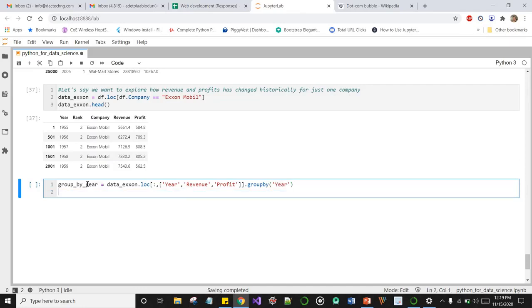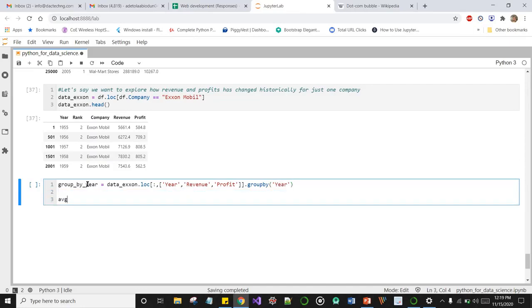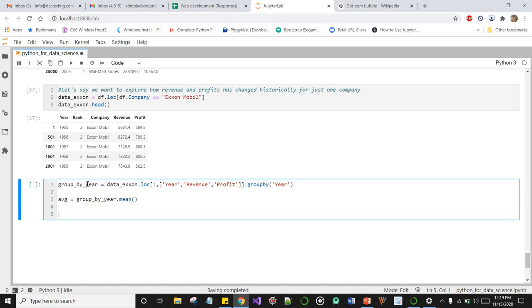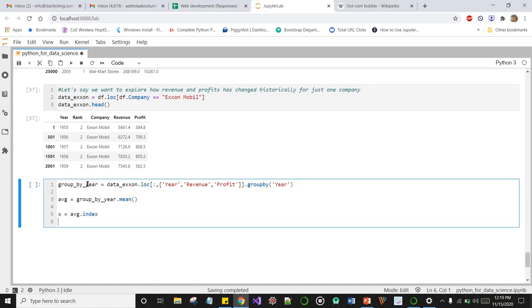Let's define avg again and say group by year, the mean value. And let's define x, as we wrote something like this earlier, if you can remember.